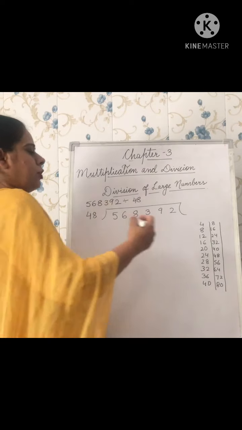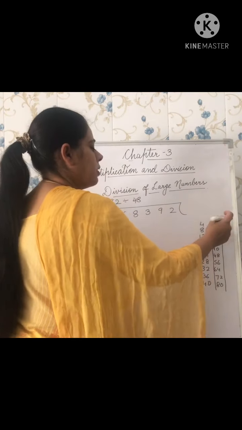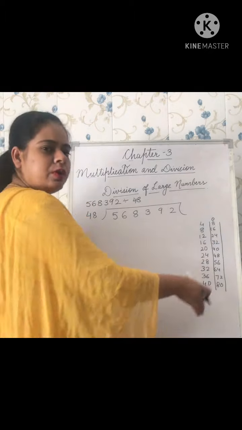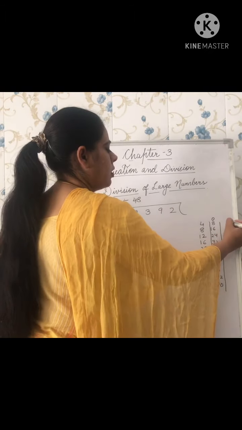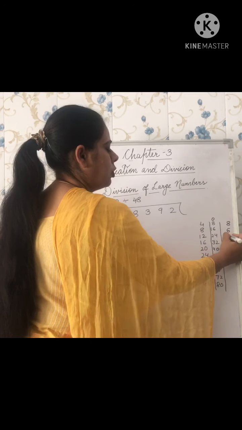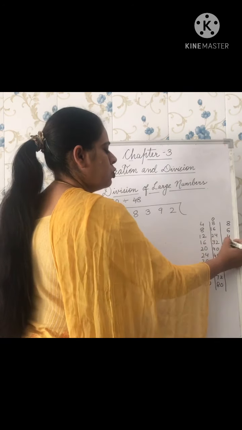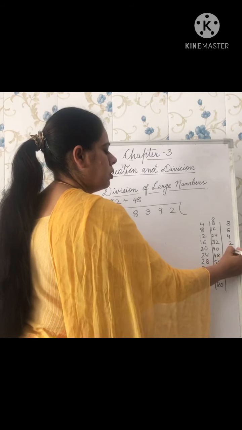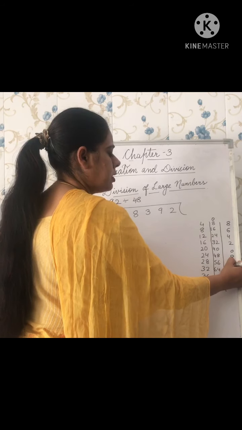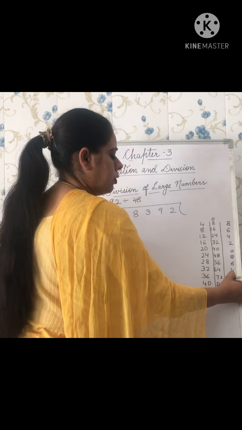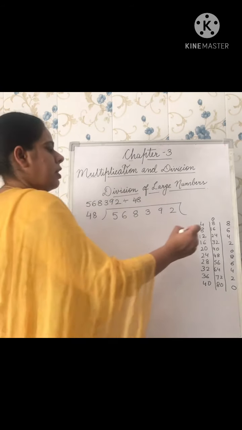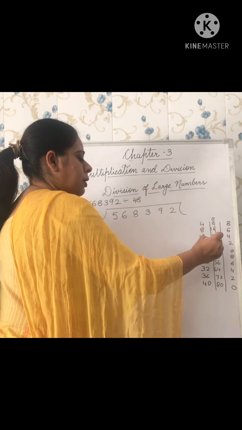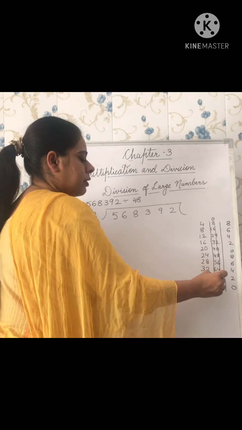Now after that, the digits at the ones place, 8, 6, 4, you will write as it is. Now you write 8, 6, then 4, then 2, then 0, then 8, 6, 4, 2, 0. Now we have written the digits of the ones place. Now you can cross this out, we do not need it anymore.